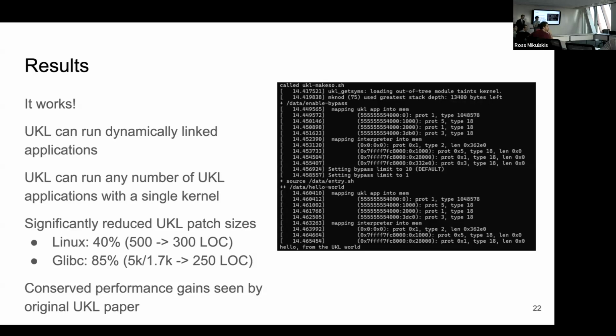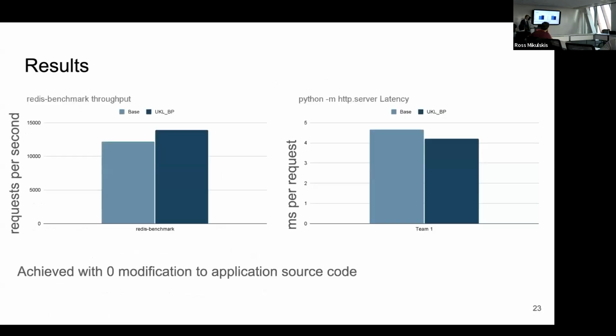Your mileage may vary. So our favorite application, Redis: you can see about a 10% throughput improvement on the Redis benchmark. That was about what we saw with the original UKL paper. Just for funsies, I also ran the Python HTTP server and saw about a 5% improvement in throughput, and a 5% improvement in latency, which is kind of modest, but the important thing, I think,